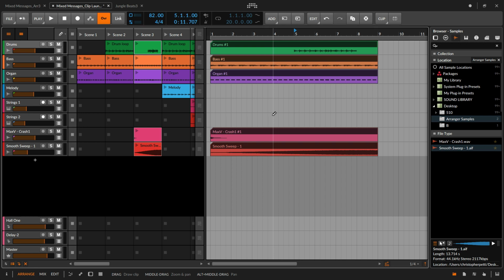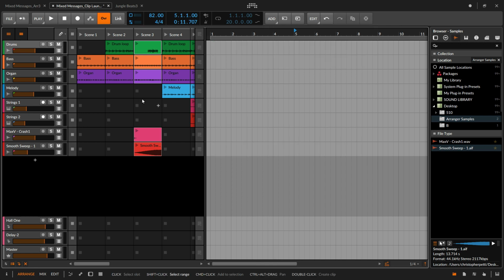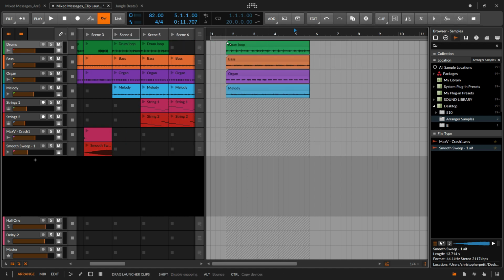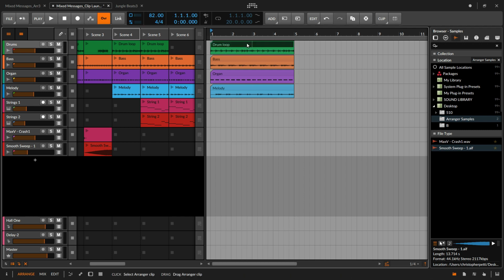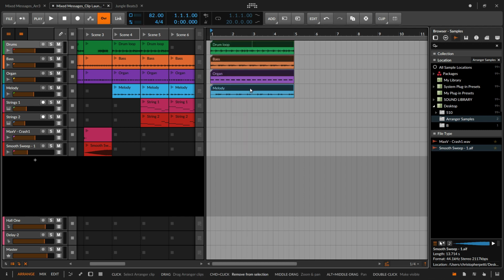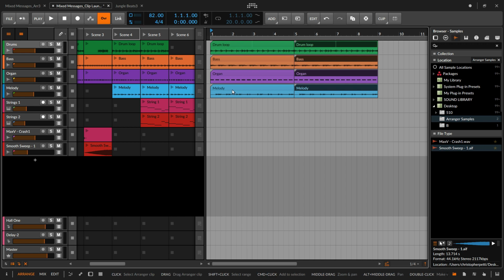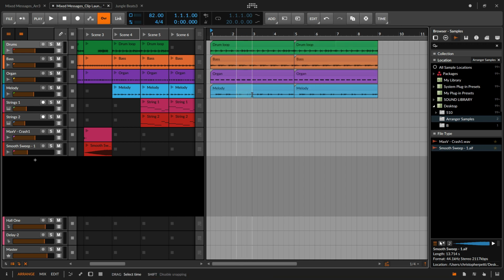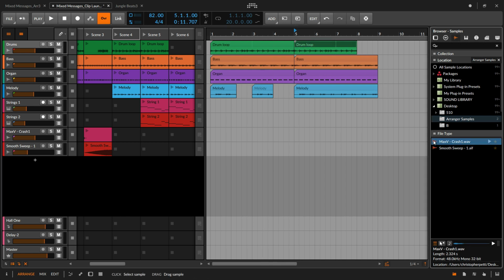And I'm going to go ahead and erase these pieces now. And now the part where the melody comes in, maybe I want to make this a bigger section as well. So I might also want to tease in the melody. On the arranger timeline, I can do very, very fast editing here, where maybe the melody doesn't play all the way through on the first time through. And again, maybe I'll have the drum beat drop out for the last bar. And maybe I want to add a crash into it again.